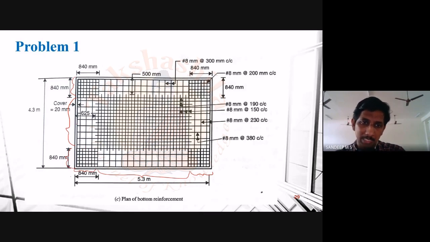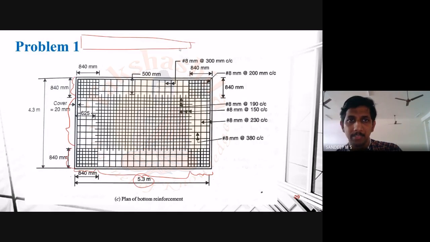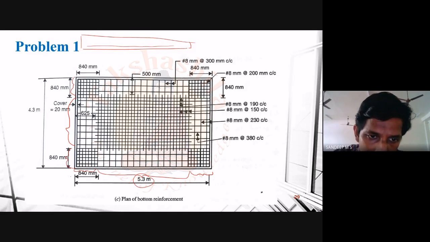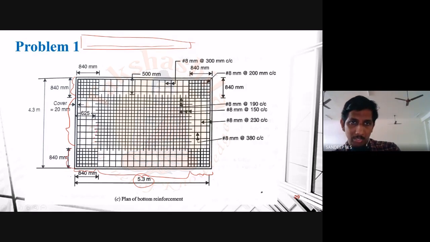So at the bottom side, let's take the larger direction, this direction, the Ly direction. In this, the first thing that we have done is, if you take the cross-sectional view, I am roughly drawing this. So when you consider this direction and design the reinforcement, you will be providing the respective reinforcement like this, isn't it? So these, this one, again this one, these all will constitute the reinforcement which we have designed